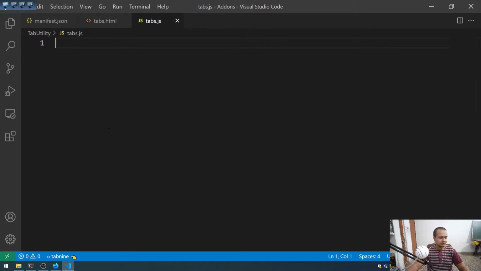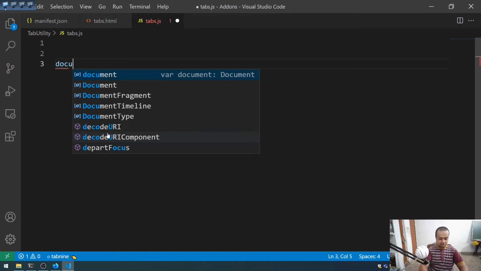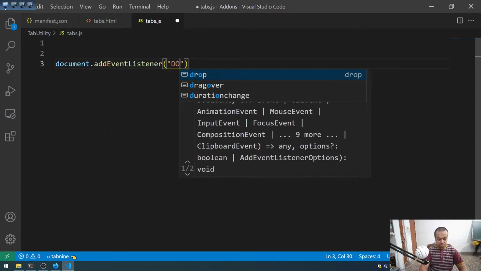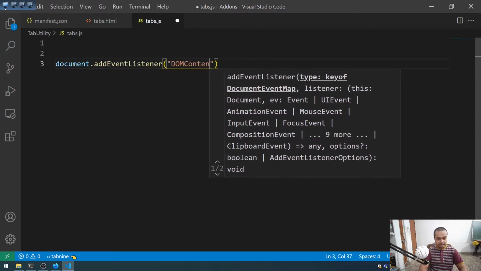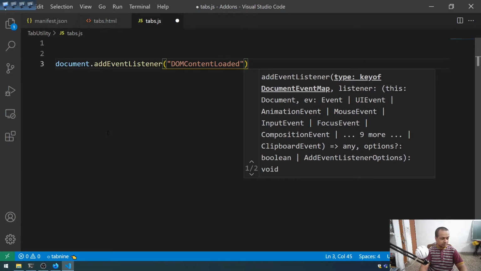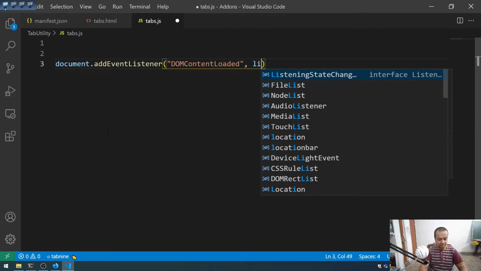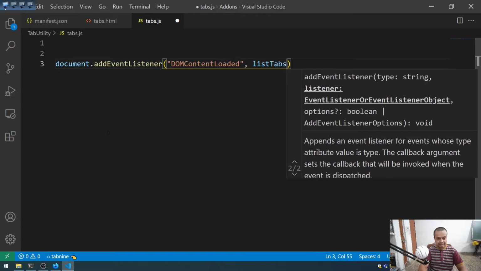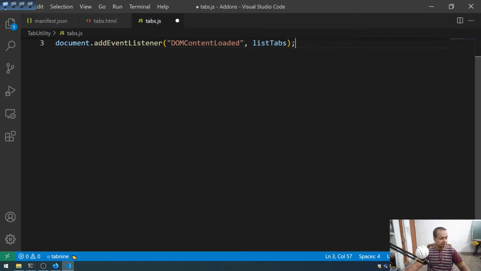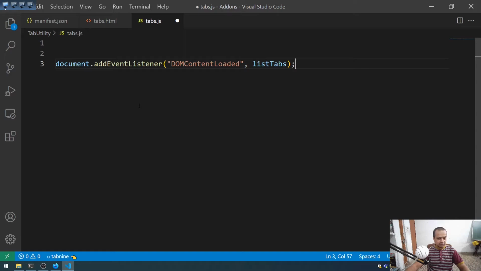Okay, so let me first write the event listener and all. document.addEventListener DOMContentLoaded. So it runs after the DOM content has been loaded. Okay, DOMContentLoaded, and then listTabs will be there, and then we will have another helper function. Okay, let's create it later on. Let us first create this listTabs